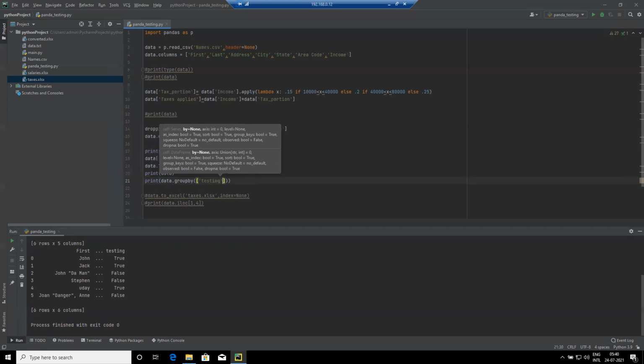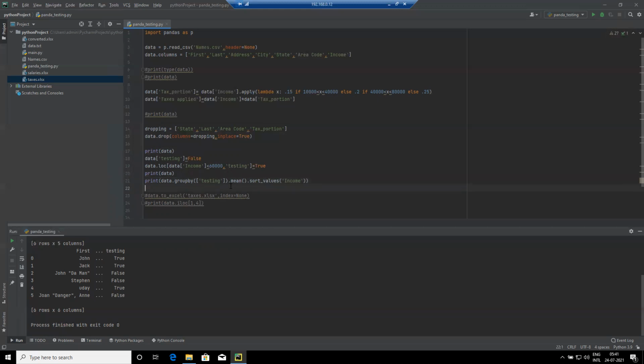Testing. And I want to get the data. And I want to sort the final values based on the income. Now print the data.